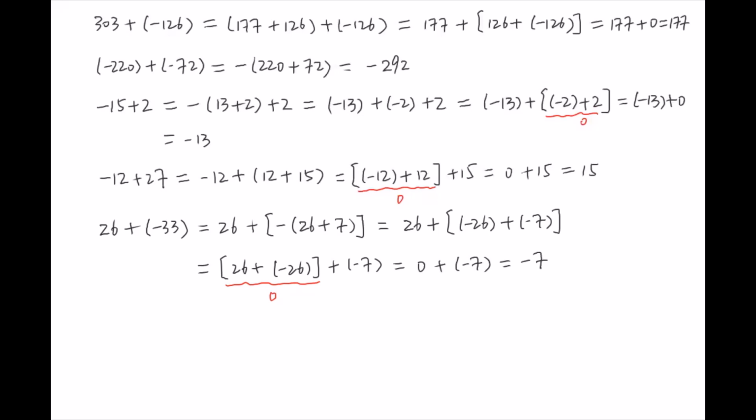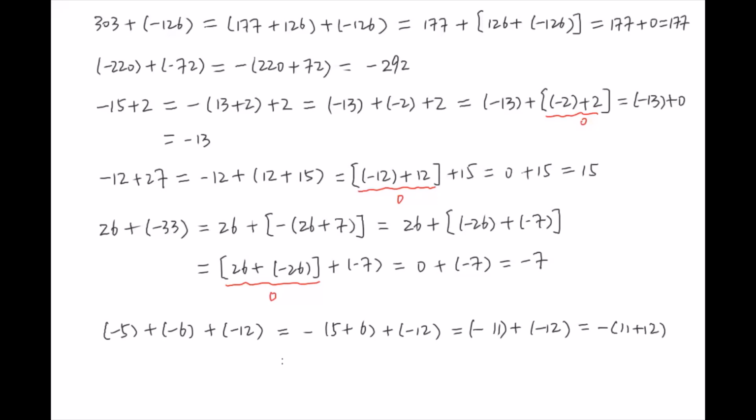In the examples, we have two terms. Now we can work on some examples that have more than two terms. Negative 5 plus negative 6 plus negative 12. We can work on the summation of the first two terms. Negative 5 plus negative 6 plus negative 12 equals negative 11 plus negative 12 equals negative (11 plus 12) equals negative 23. Next example,